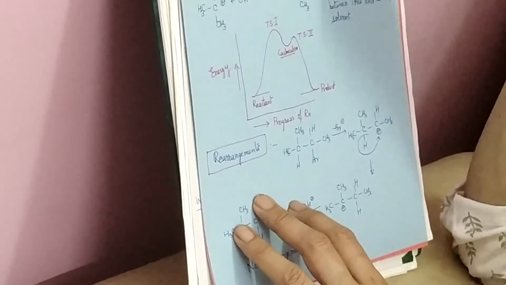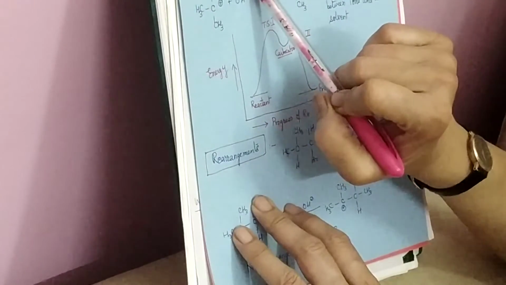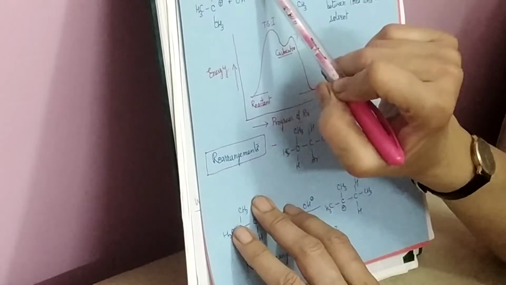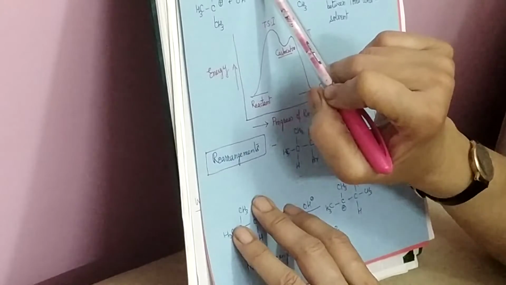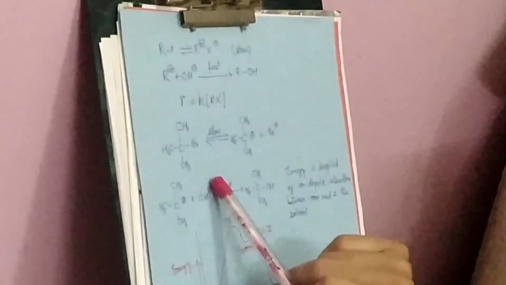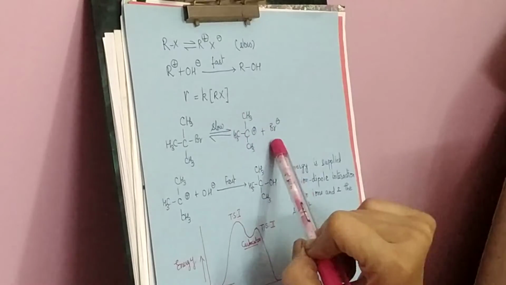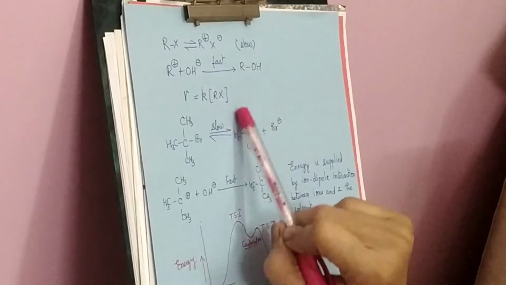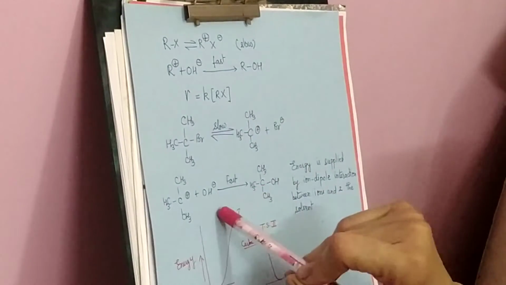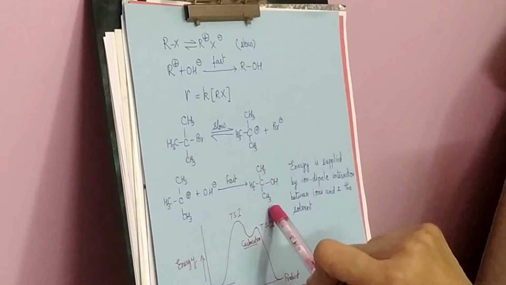So you can see that in this reaction, the slower step is written here, taking the actual example of tertiary butyl bromide. Can you see it? Tertiary butyl bromide will be dissociating slowly into this carbocation and bromide ion. This carbocation which is formed here is the tertiary butyl carbocation, and this carbocation then reacts with the nucleophile and will be forming tertiary butyl alcohol.